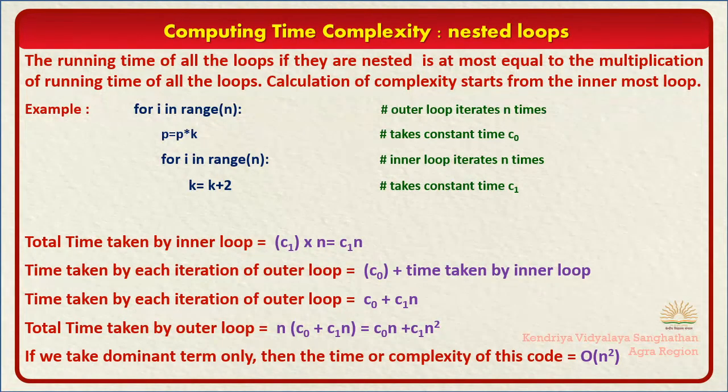Now the case if the loops are nested, that means if a loop is inside another loop, then how will we calculate the complexity? If there is a loop inside a loop, then we multiply the number of iterations of each loop together. Here these two loops are given. The first loop is running for n times and the other loop is also running for n times. So the total iterations will be n square. These n square iterations are for the statement inside the inner loop.